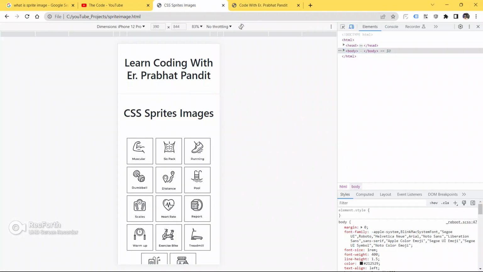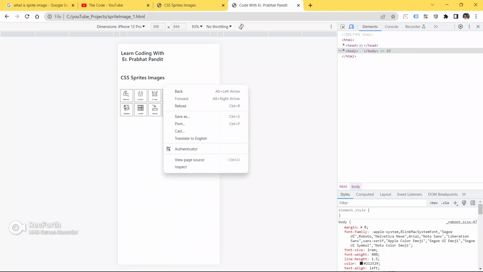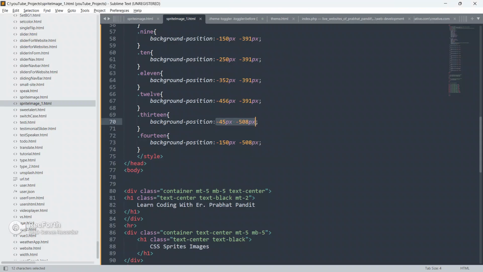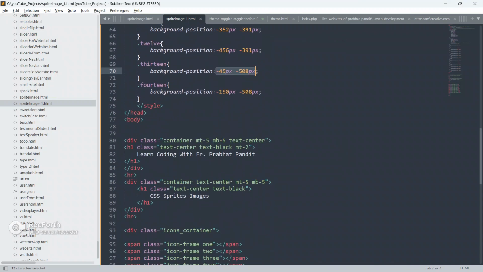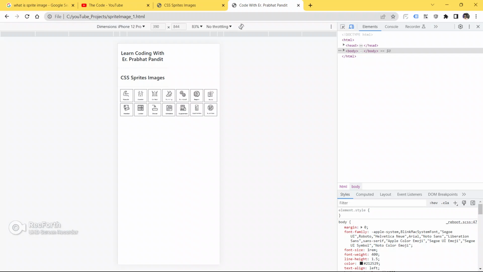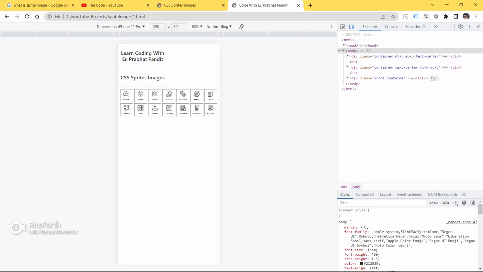See, it is not behaving like this. This is my example, and it should behave exactly like this, but it is not. So we will make it responsive as well. Now just be here, guys, and pay your attention. Don't skip anything.